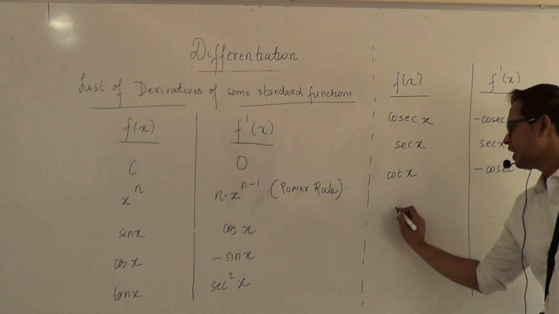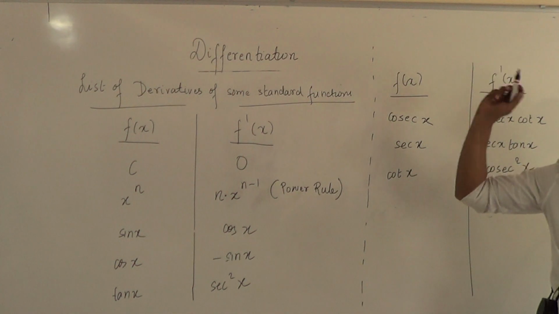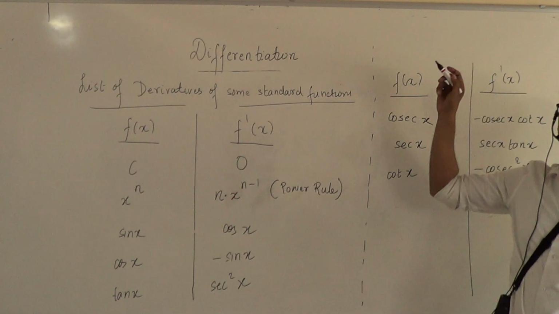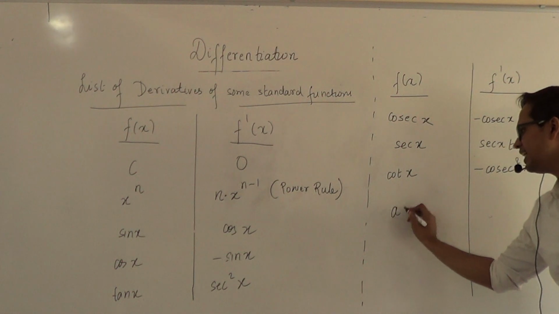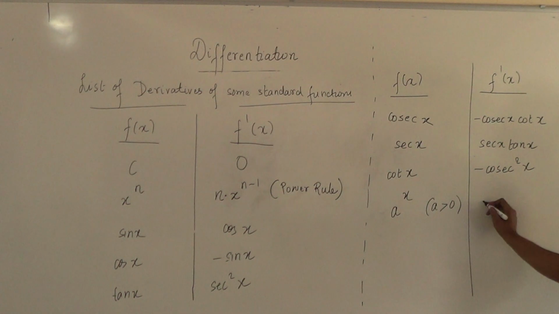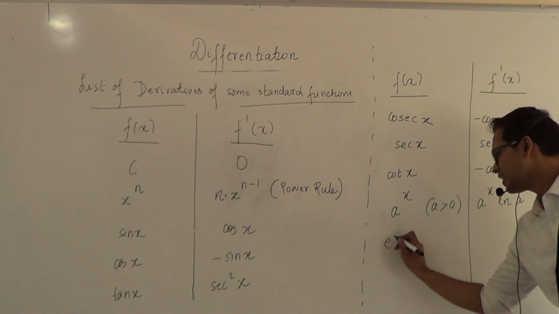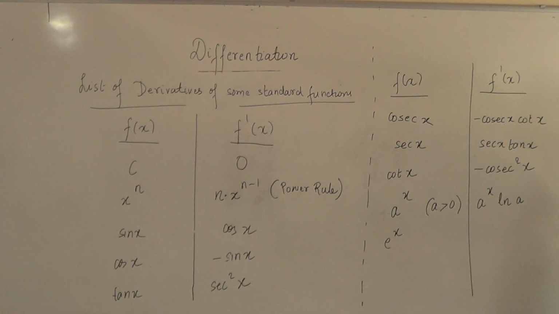Next. Something stupid. Now, I told you a little while ago that the derivative of 5 to the power x cannot be written as x times 5 to the power x minus 1. Now I'll give you the formula for that. Any a to the power x derivative, where a is a positive number, is given as a to the power x ln a. When I say ln, what does it mean? Natural log. Sabir, ln means? Log to the base e. Log to the base e is what? Correct. So as Bharat rightly pointed out, if you have e to the power x, its derivative